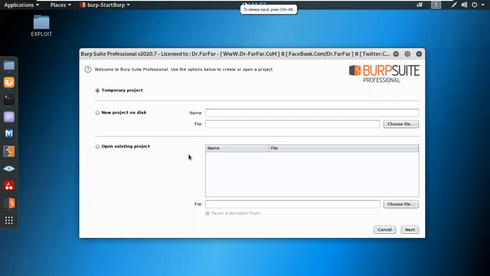So next topic would be hacking web application, and for that I'm using my burp suite. So over here you can see the